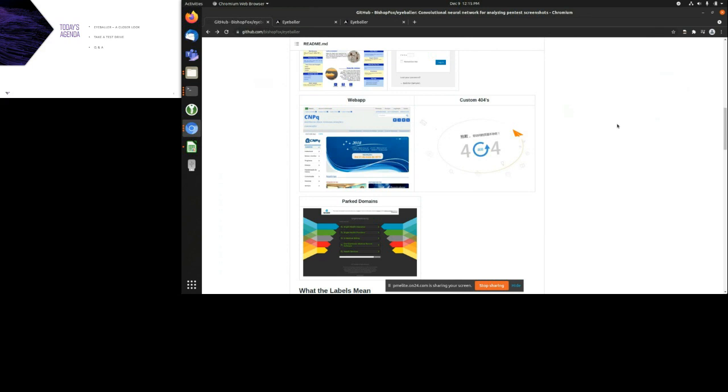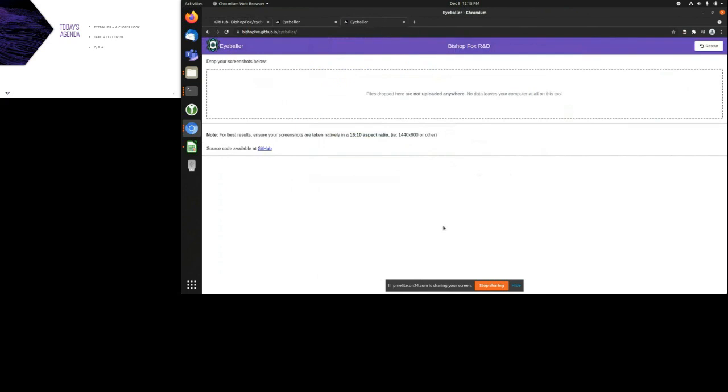Just wanted to add in a couple extra things. And Dan, new for this year there's the web interface aspect, right? Yeah, that's right. Something that is new to Eyeballer, in addition to the Python code that you can see there on the GitHub, is this web interface. So we'll walk through how this works. It's pretty straightforward. You just drop files into this little drag and drop area right here in the front, and then it will do the classification for you. So without further ado, let's do it, and I'll show you what it looks like.